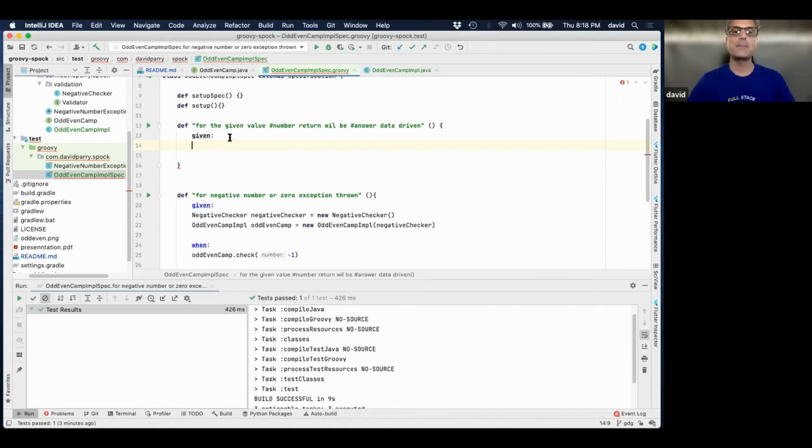And why I picked this is that we're saying if the number is positive or negative, we're going to throw an exception. I'm not going to pass in any negatives right now in this test in the data.